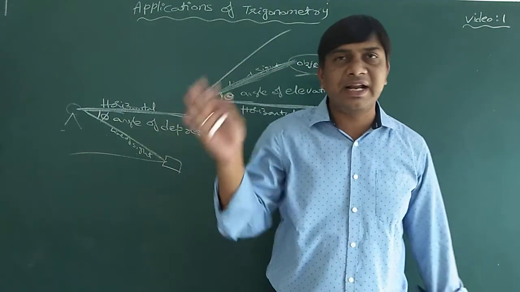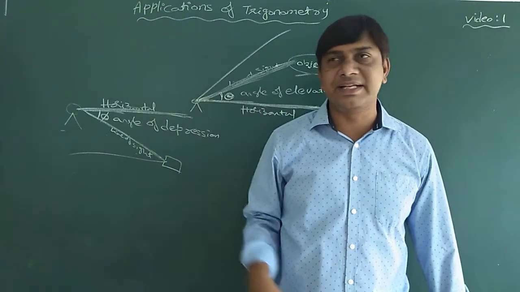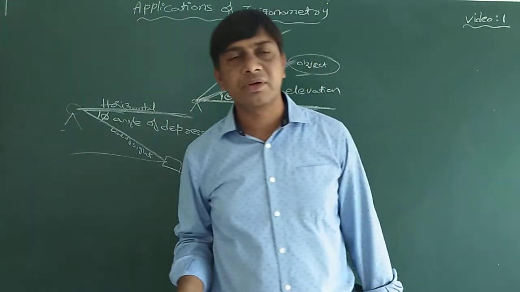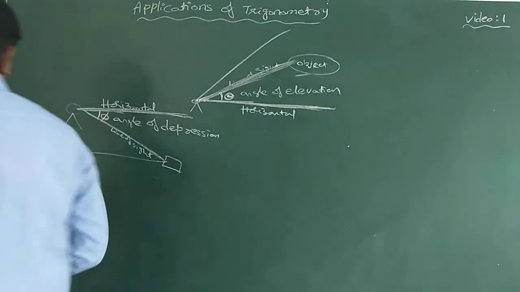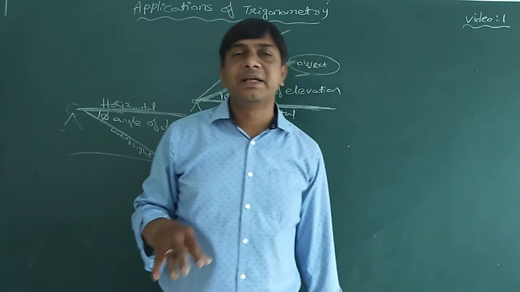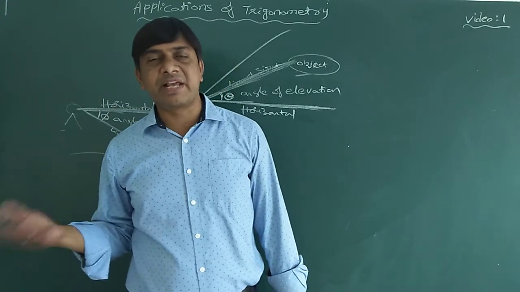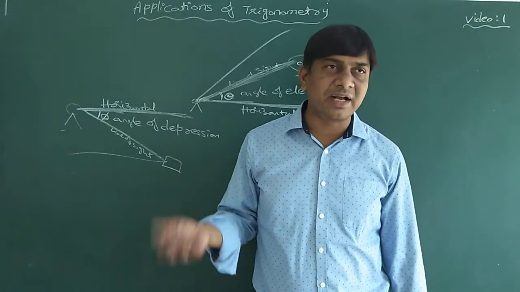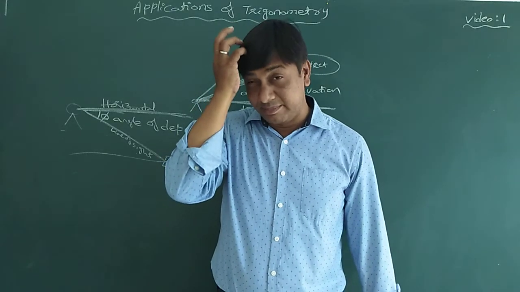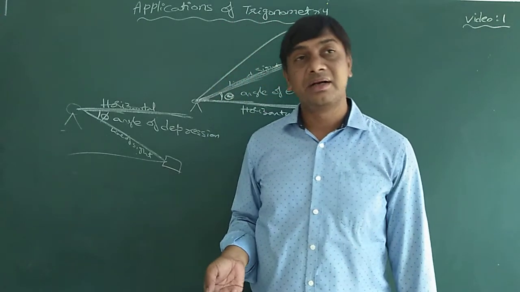Okay, a ladder is given and its length is given, the ladder is on the ground against the wall, and the height of the wall is asked. Then the ladder becomes the hypotenuse. In that case, sine and cos will be used. Understood? Most of these applications of trigonometry use tan or cot. Some questions where the hypotenuse is required or given, we will use sine or cos. If only the height and the distance between the point and the building or tower are given, then we will use tan or cot.